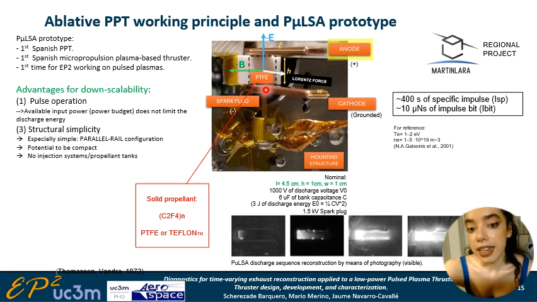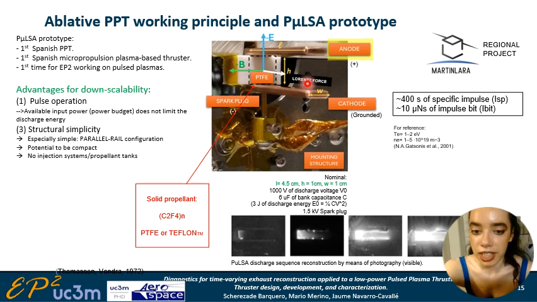And these electric currents generated as a consequence of it, which are indeed quite high, in the order of kiloamperes, interact with a self-induced magnetic field, generating a body force that accelerates the plasma down the channel up to its ejection. So to talk about some orders of magnitude, we have 1 kilovolt for the discharge initial voltage for 1